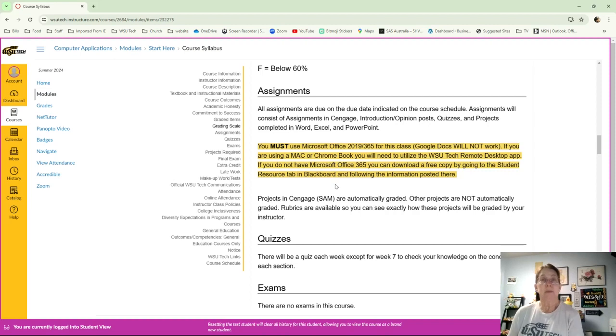Also, if you're using a MacBook or a Chromebook, I strongly recommend that you contact IT, again at 677-9906, and have the WSU Tech remote desktop set up. There is Office for Macs, but some of the items from the PC don't work on the Mac, like the screen tips. Mac doesn't have the screen tips for some reason. So when you're working in the programs and it says to use a specific color, you're having to hit and miss to find the right color because the screen tips don't appear.